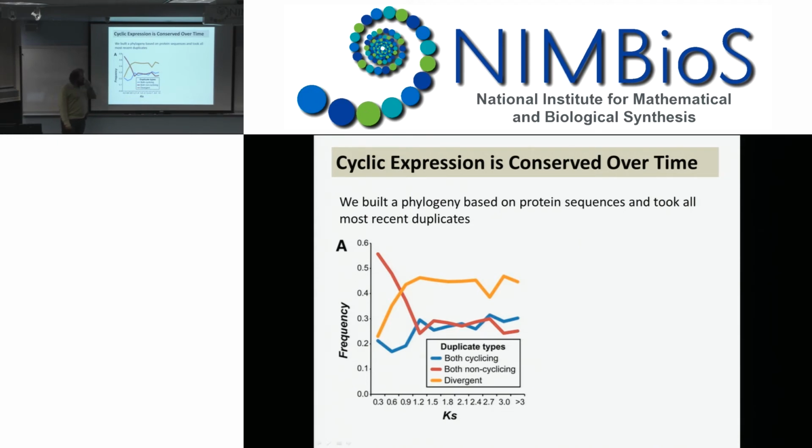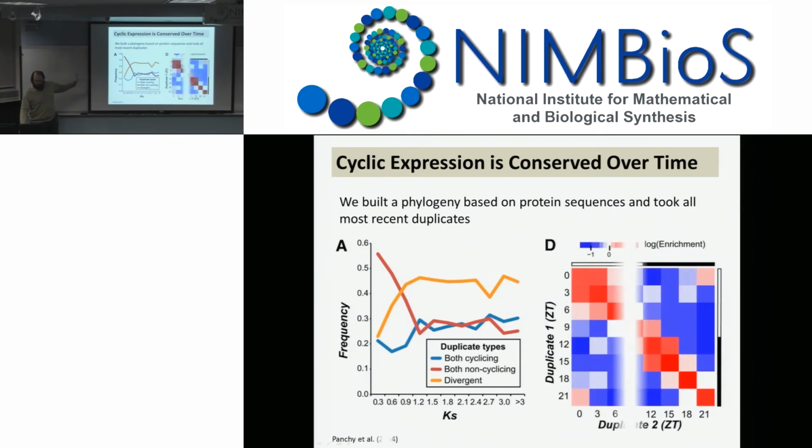But over time, it seems that they tend to diverge, where one of them will pick up cycling behavior. If you treat this as a snapshot of what may have occurred over time, the only way you can explain this difference is a bias towards the loss of non-cycling genes. This is something I would have loved to expand on by doing ancestral inference, but we didn't have the opportunity. More importantly, though, whether or not I can convince you this really represents cycling as conserved,